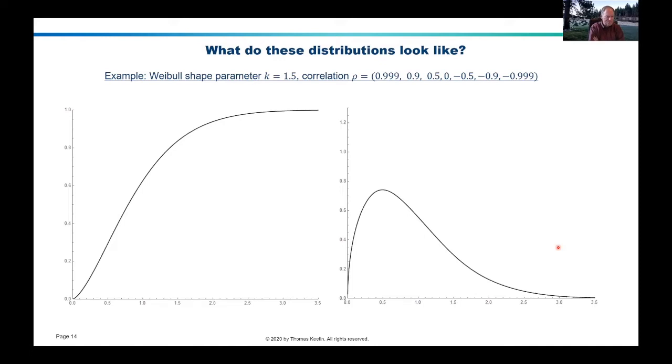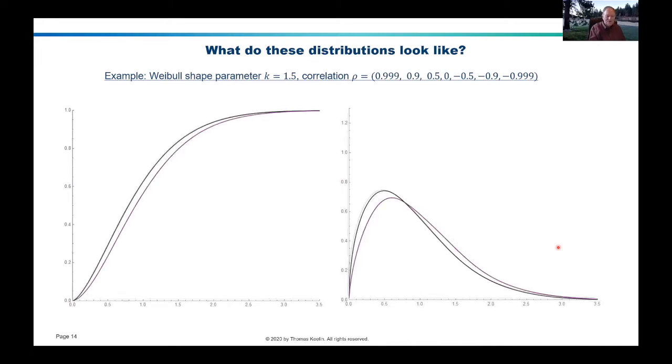Because if two distributions are 100% correlated, then basically if you have a high outcome of one, you have that same high outcome of the other. So you end up back with the original distribution. Now, what happens if instead of being 100% correlated, they're 90% correlated? Well, that means you could have a higher maximum in one without having a higher value of the other. And so you would expect that would cause the curve to shift to the right. And in fact, it does. There it is for a correlation coefficient of